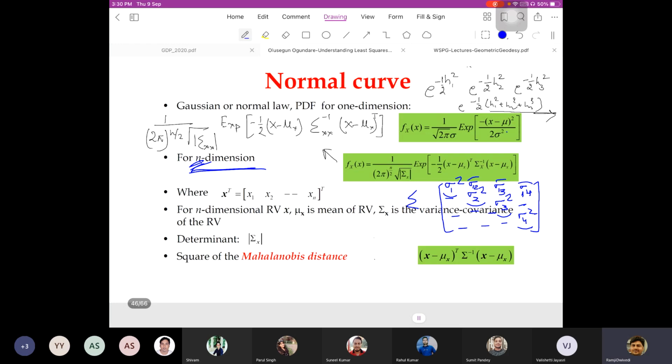And the same matrix we are trying to use here, subject to our understanding that all these observations are non-correlated, so the non-diagonal part becomes 0. And then